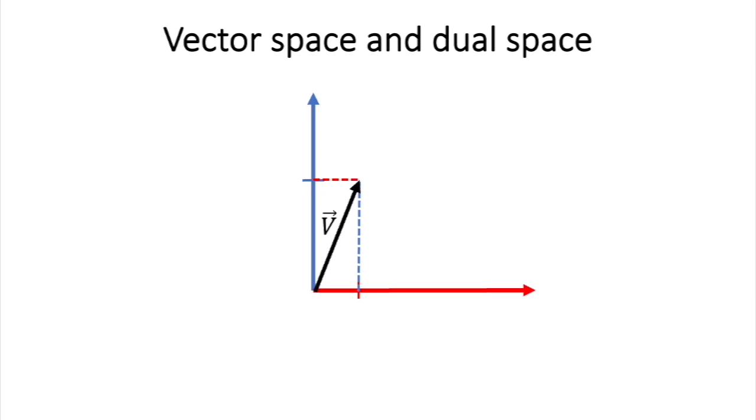Now, to really understand what covariance and contravariance are, it's interesting to start with vectors. Each vector is composed of one or more elements called scalars, and scalars are themselves elements of another type of structured set called a field, and usually they are numbers. It could be real numbers, could be complex numbers, but it could be more than that.